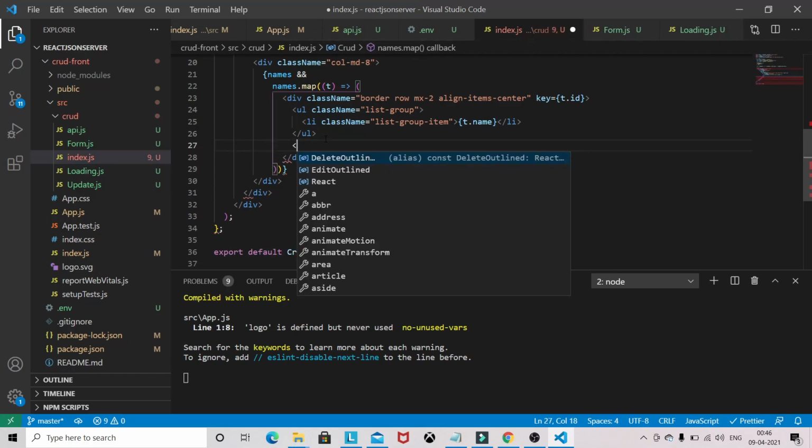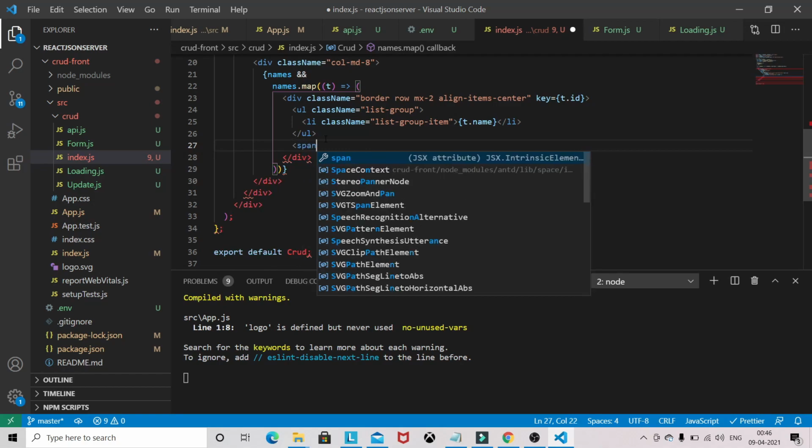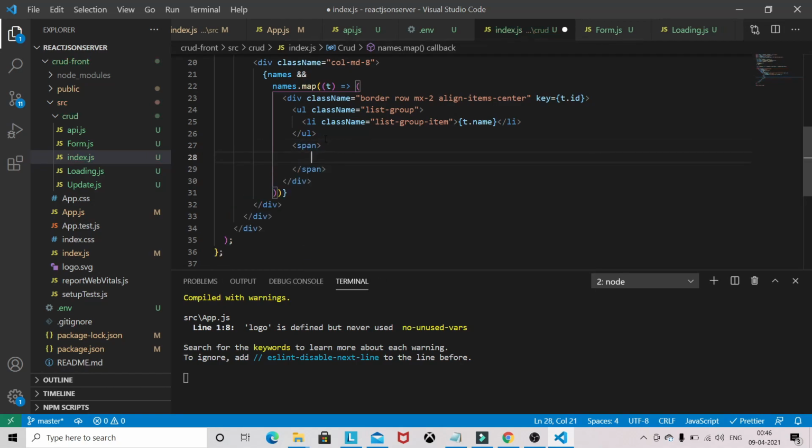We need to put them in a span, and onClick, as of now I'll just console.log, so that we don't get any error message.